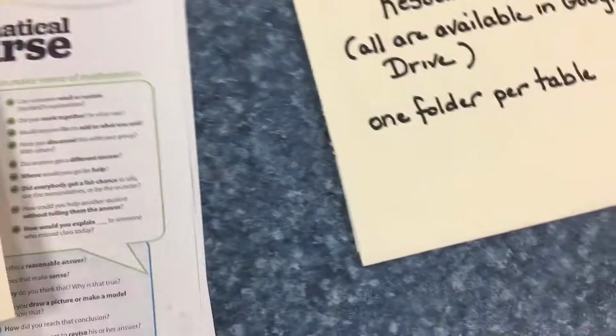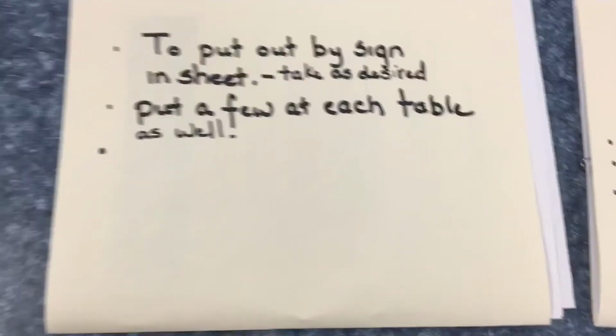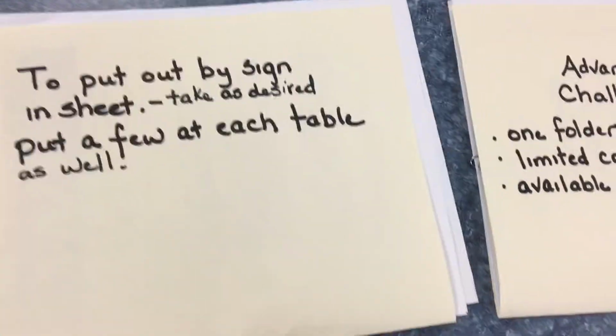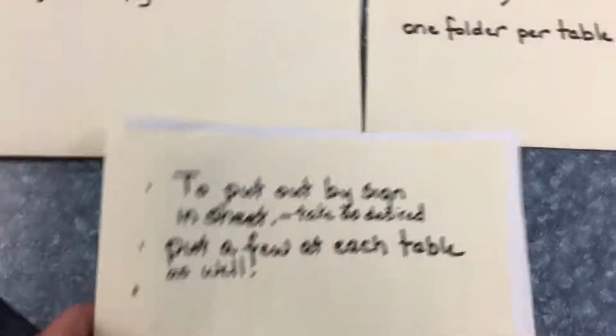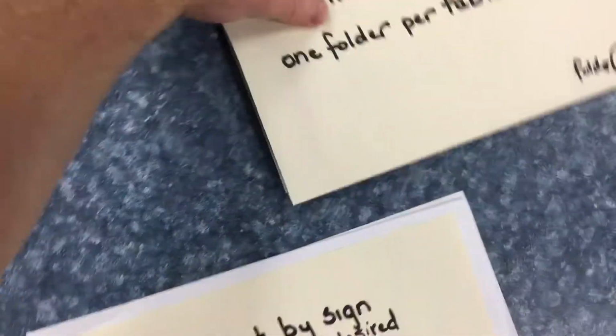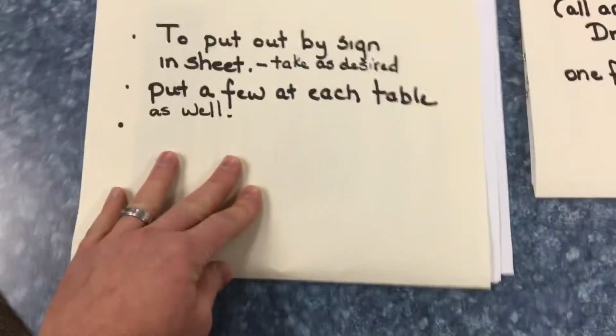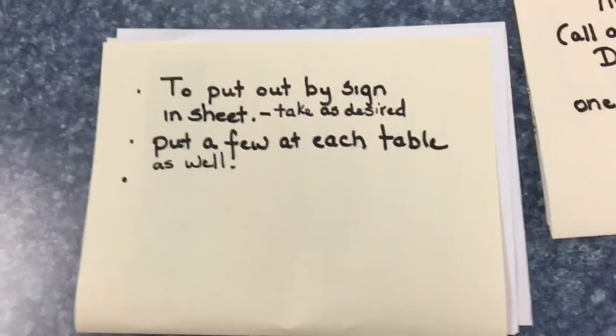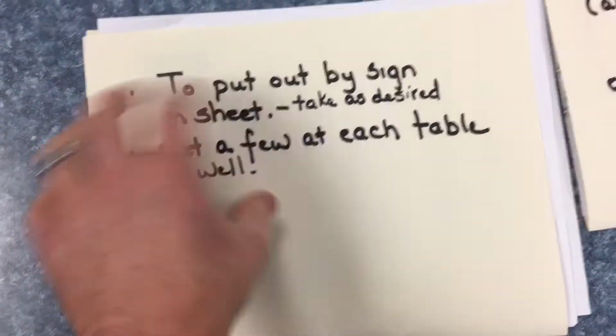The next folder is a folder of items that you can just put out by the sign-out sheet. These are things where we don't really have it that everybody gets one, but they'll be left out for anyone who might be interested, so they can take one if they'd like. And in this folder you'll find